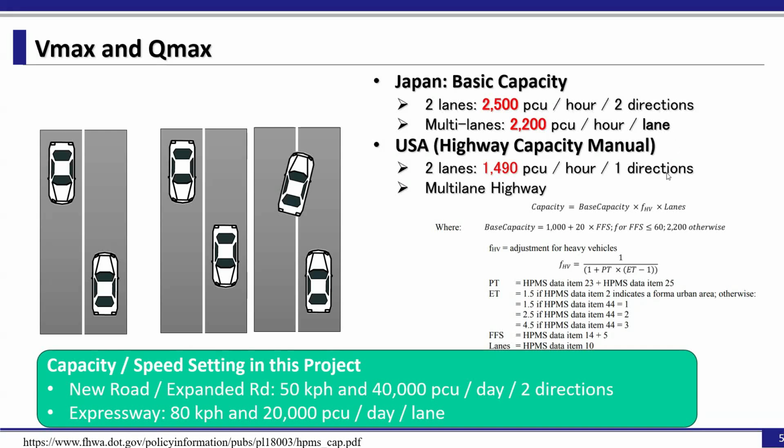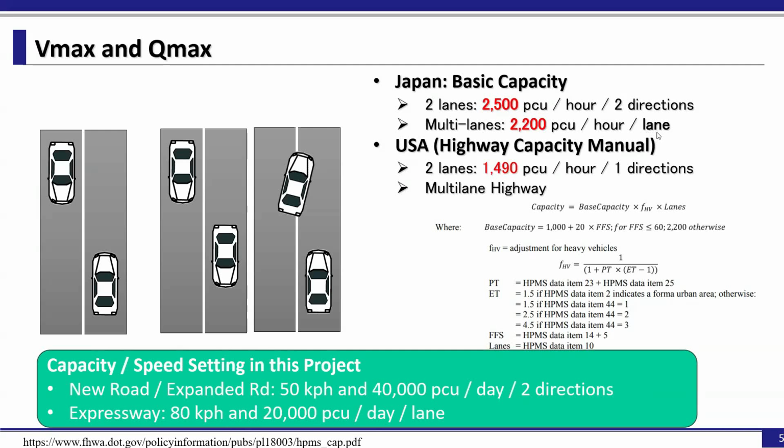And in the United States Highway Capacity Manual, the 2-lane road section capacity will be 1,049 PCU per hour per 1 direction. So there is some difference between Japan and the United States. However, the figure in Japan's case can be converted into 1,250. Yes. Then you can go to the multi-lane road capacity setting, which will be 2,200 PCU per hour per